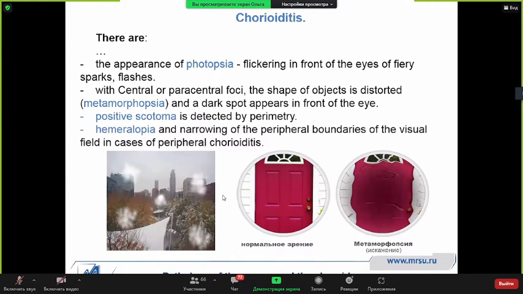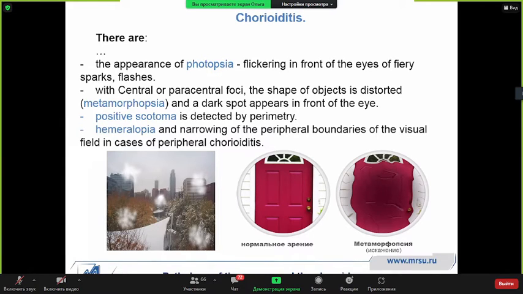Also, maybe photopsy, we can find photopsia complaints. It's flickering in front of the eye, or sparks, flashes, something like on the picture. Also, we can see metamorphopsia. If we have a pathological focus in the central part or paracentral part, the shape of objects is distorted, and we can see dark spots in the central part,